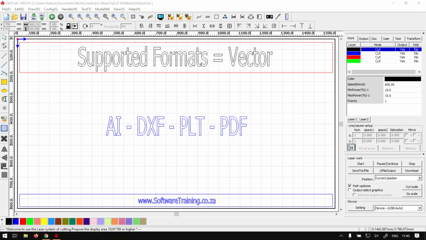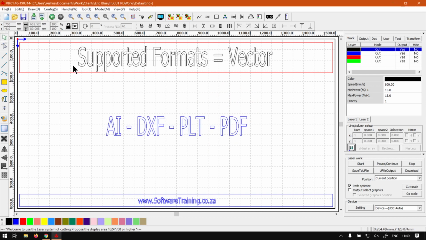Otherwise, back in the program here. Now, just so you guys know, this is going to be a mini series on supported file formats. So we're going to be looking at a few different file formats you can import and export. Now, when it comes to vector, there is quite a list that we can choose from. But just right off the bat, something to keep in mind is it does not seem like they support